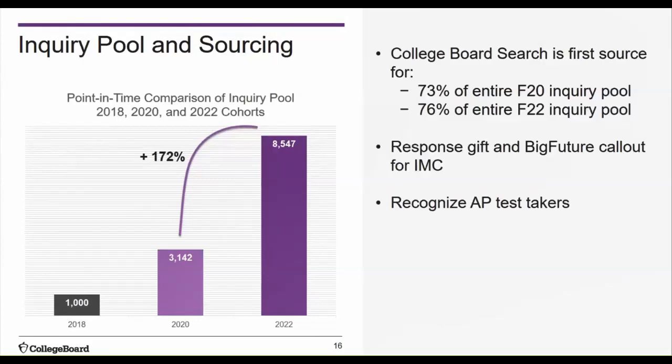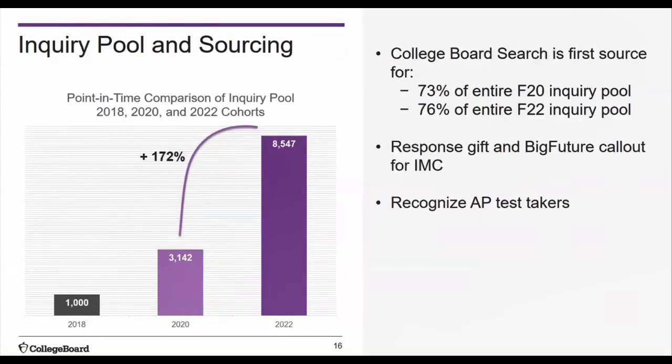We also take special attention and care with all search responders with a special gift and personalized letter. For new names by interest in my college, my IMC, we give a special shout out for listing Oregon Tech on their Big Future profile. IMC has performed very well in tertiary markets for us, basically all of our non-WUI states. I caution against using any filters whatsoever if you choose to do IMC.